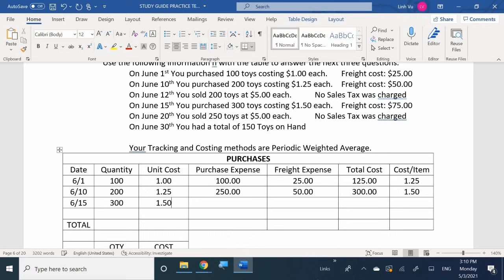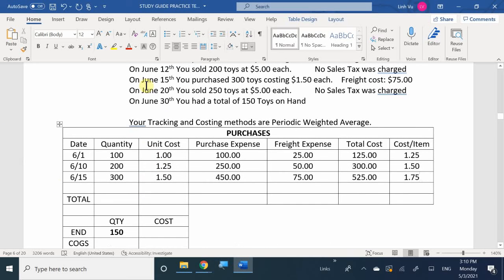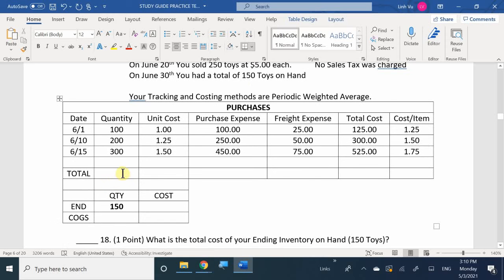For $1.50 each, $450 plus $75 freight. Okay. So once again, the key information here now that we have is that you should be ending your inventory with at least 150 items. So once again, let's go ahead and total up our totals. You should have 600 items, costing a total purchase of $800 with a freight of $150, giving you a total cost of